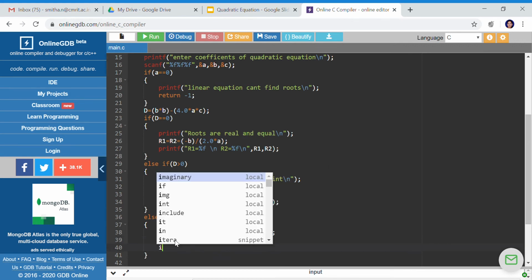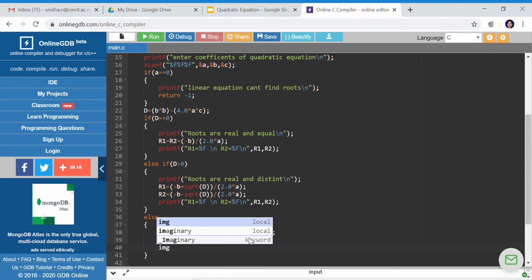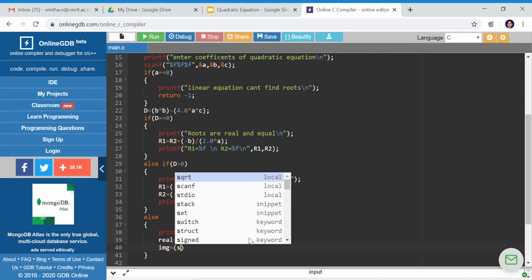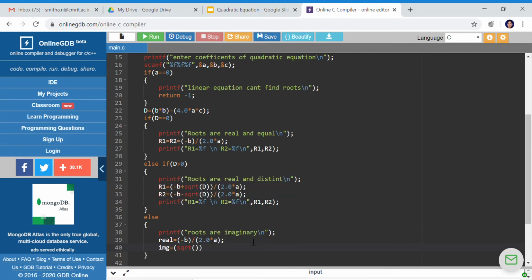And the imaginary part, whose variable is img, is sqrt of minus d divided by 2 into a. Why do we calculate like this? The equation is divided into the real part, that is minus b by 2a, and the imaginary part, which is sqrt of minus d by 2a.